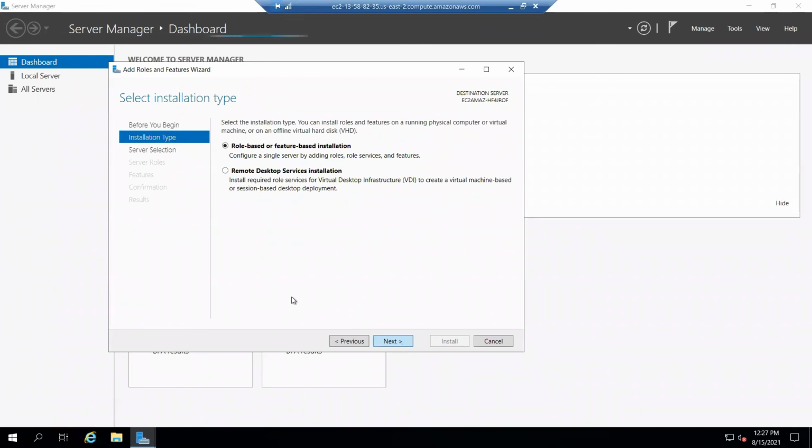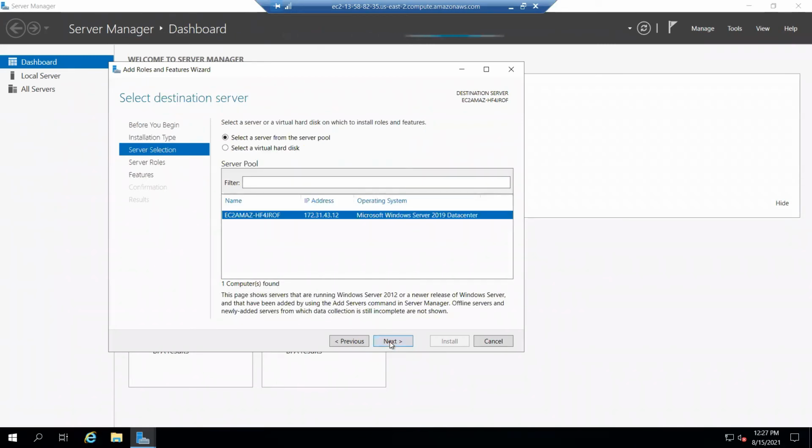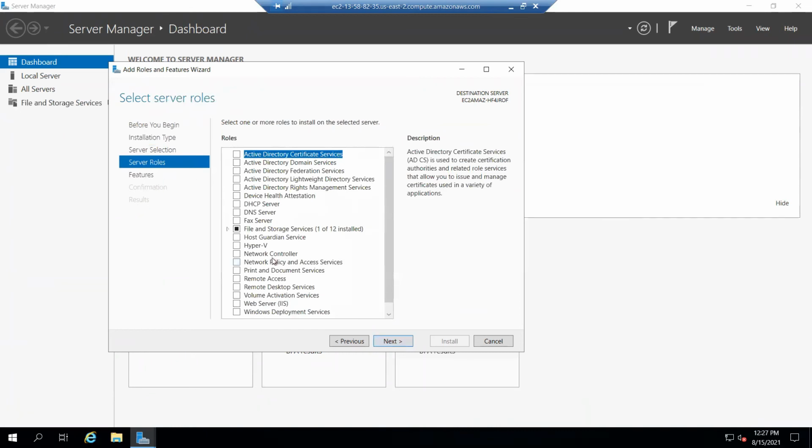So I'm just going to install the web server on this. Here is the web server. Let me install this.